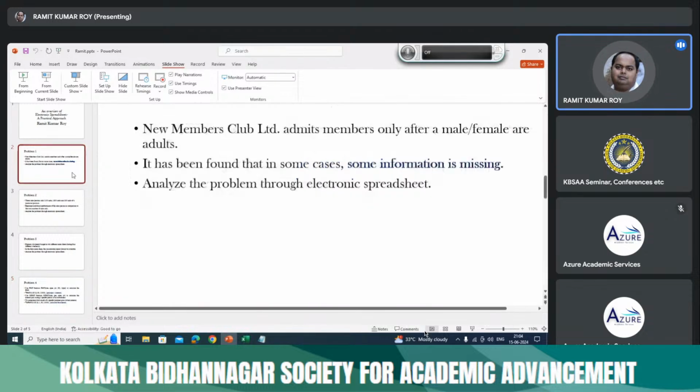First, through the first problem, we have tried to incorporate the new members club limited in a single cell, by pressing alt enter. Then we have learned data validation, because it will not entertain any age less than 18. And then we have used the count blank function to find out how many values are missing. Then we have tried to find out the gender,